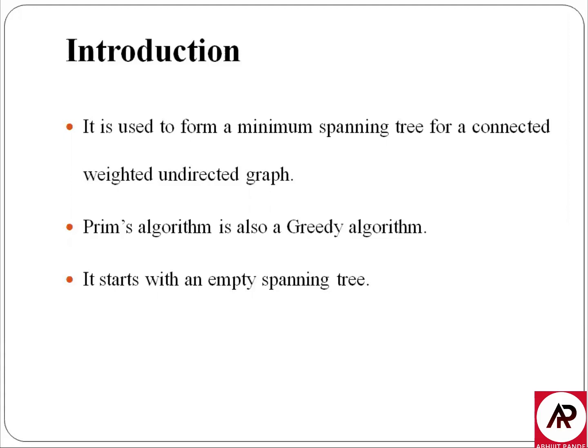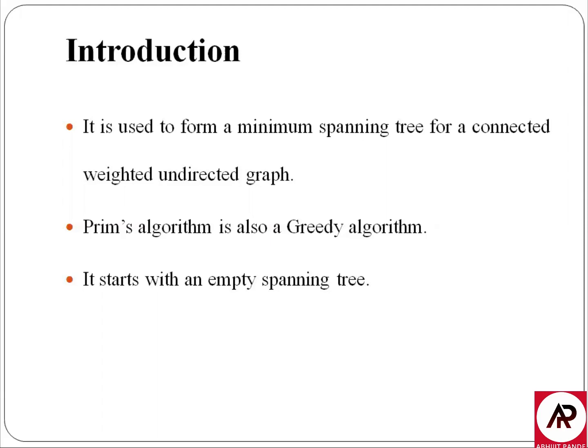Prim's algorithm starts with an empty spanning tree and then follows a greedy strategy to get a minimum spanning tree. Now, in a greedy strategy, we choose the locally optimal solution in order to find a global solution. It means in this strategy, we choose the solution that we find best and beneficial at a particular point. Then we move further until we get a final solution.